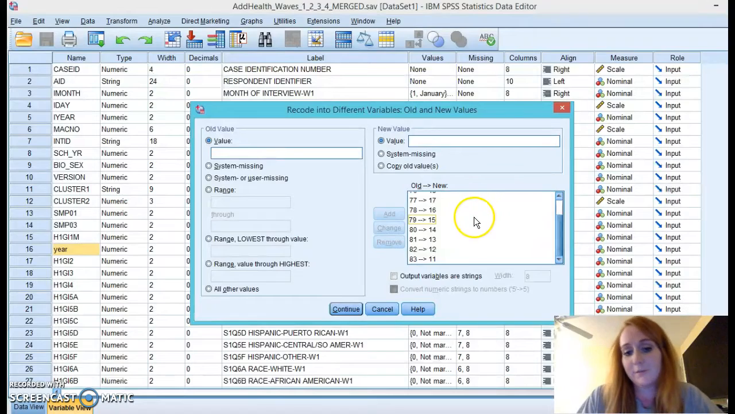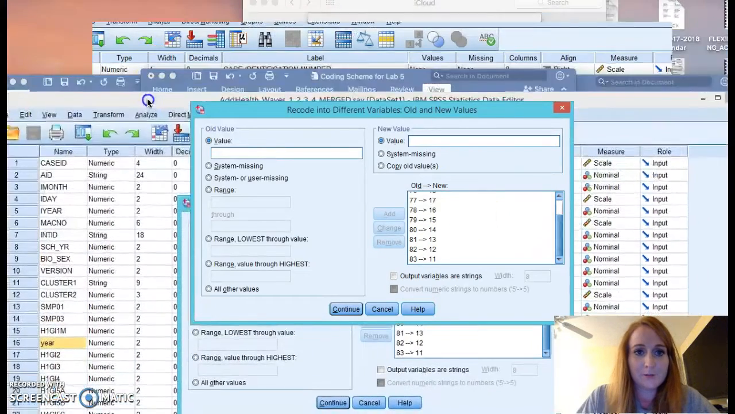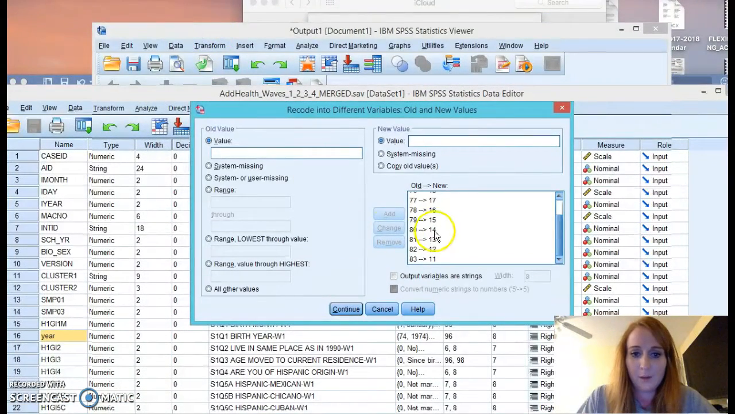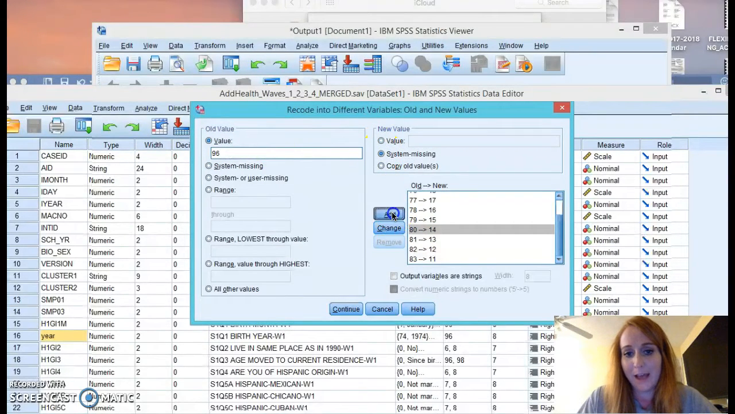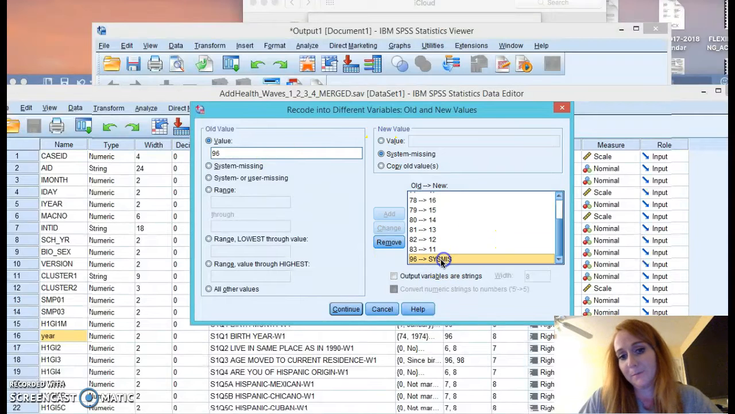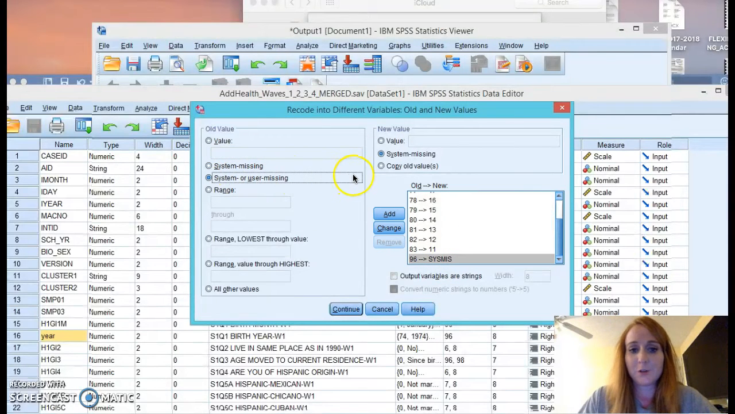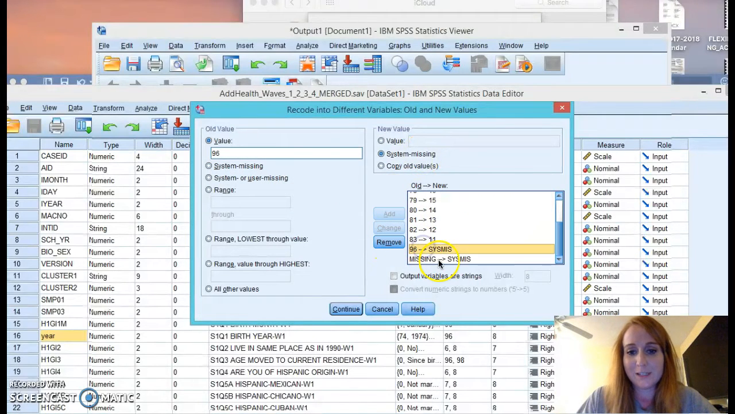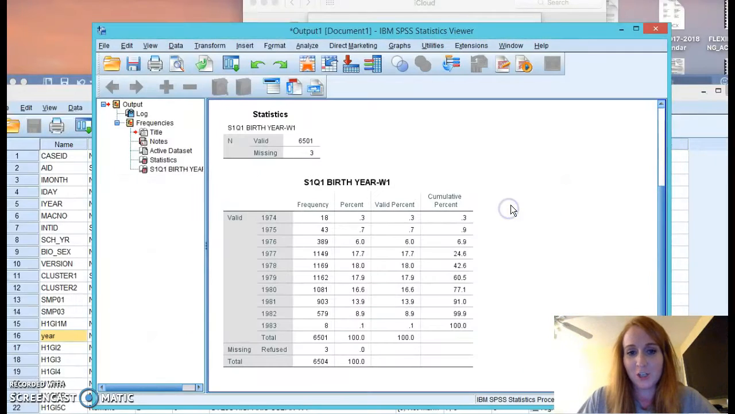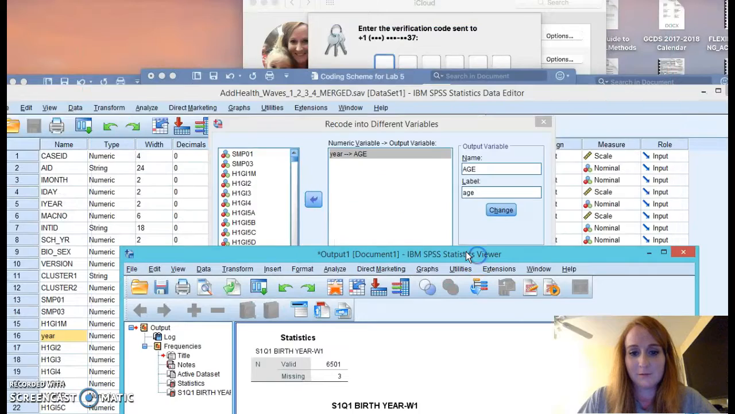We also had one other value in there. If we look at the frequency, we had a 96. So we need to take that value of 96, it's representing missing data, and add that to our list as missing. And then anything else that was system or user missing, it was a blank response, we again are going to continue to make system missing and add that one too. So there's our two missing commands at the bottom of our coding scheme. This looks good. Click continue, hit change, whoops,